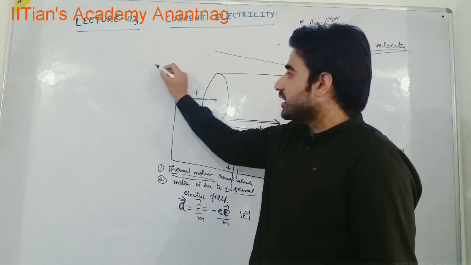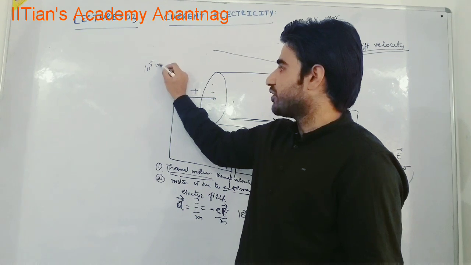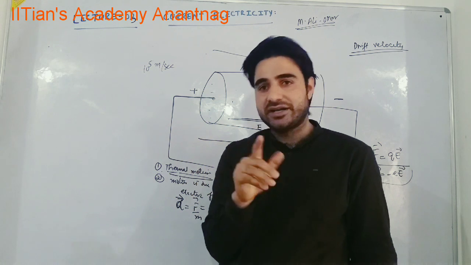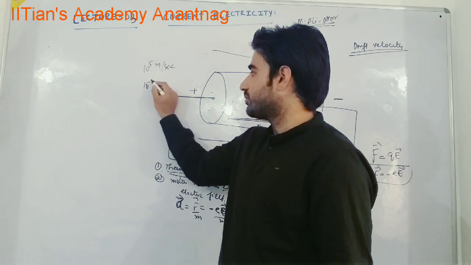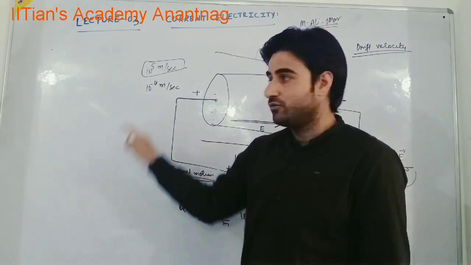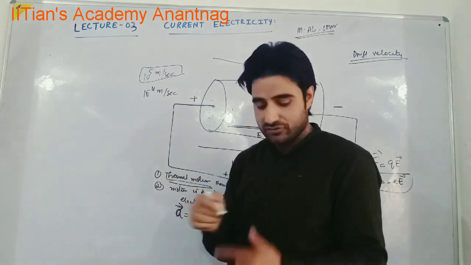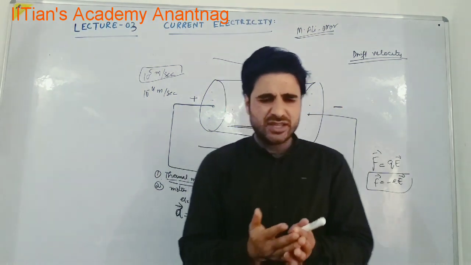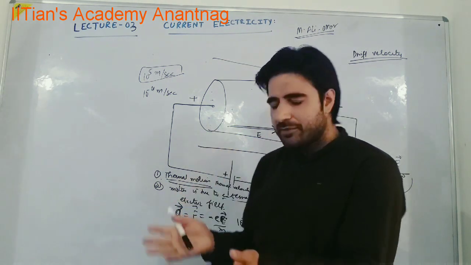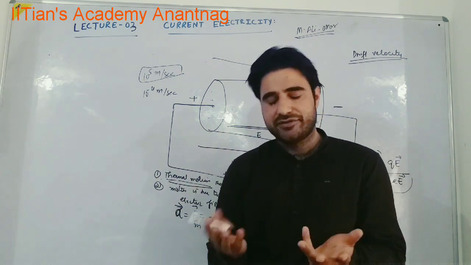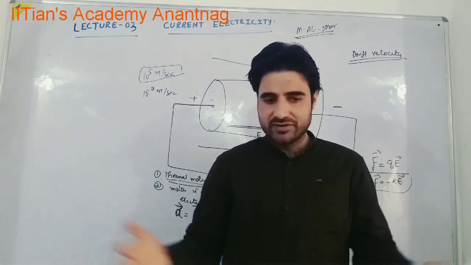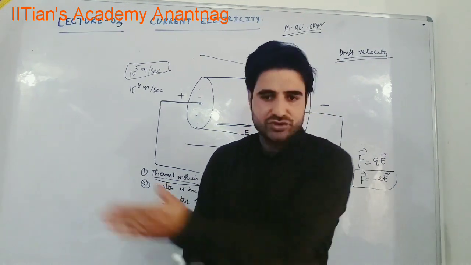Earlier thermal velocity was of the order of 10 raised to power 5 meter per second. Drift velocity, there is net drift, but its value is very small. It is of the order of 10 raised to power minus 4 meter per second. Thermal velocity was having very large value, but drift velocity is having small value. Earlier there was no net drift. When we had thermal conditions only, electric field inside conductor was 0, there was random motion of the electrons, average thermal velocity was 0, there was no net motion in a particular direction.